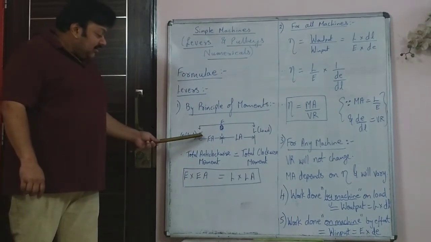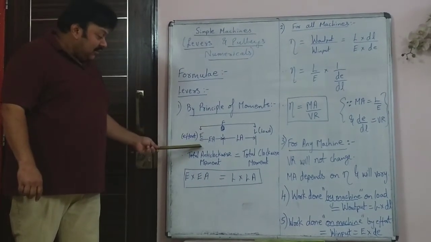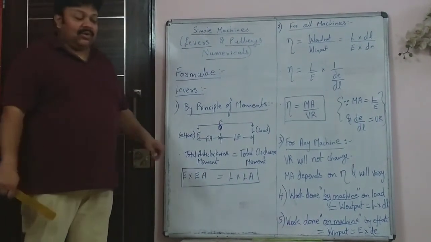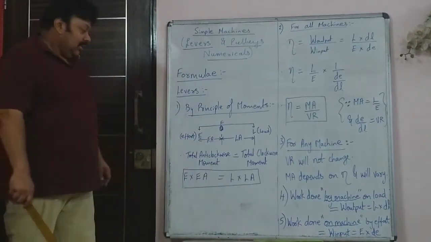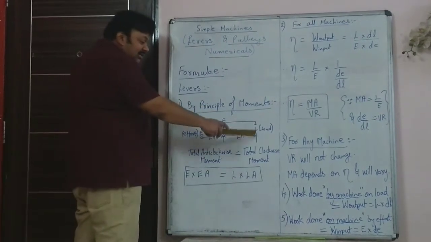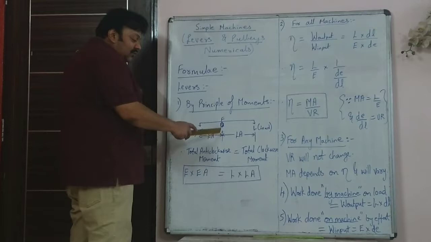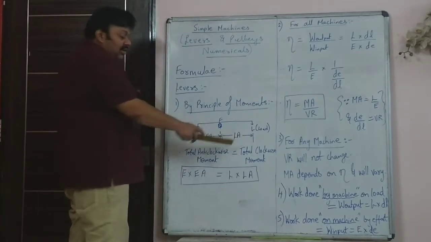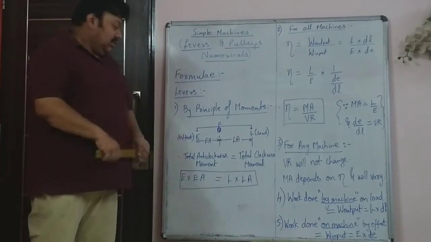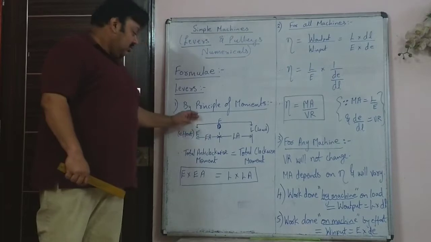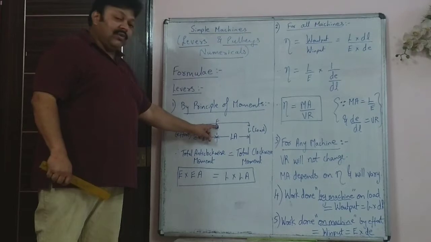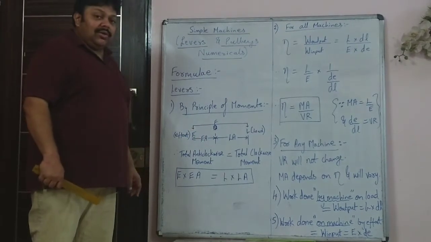So the distance between the point of application of the effort and the fixed point, or the pivot or the fulcrum, different words for the fixed point is fulcrum or pivot. So that distance is known as effort arm, and the distance between the load and the fulcrum or pivot is known as load arm. So the distances are there. So what is your anti-clockwise moment? Obviously this side, this force is producing anti-clockwise moment about the fulcrum. So the effort is in the anti-clockwise direction.